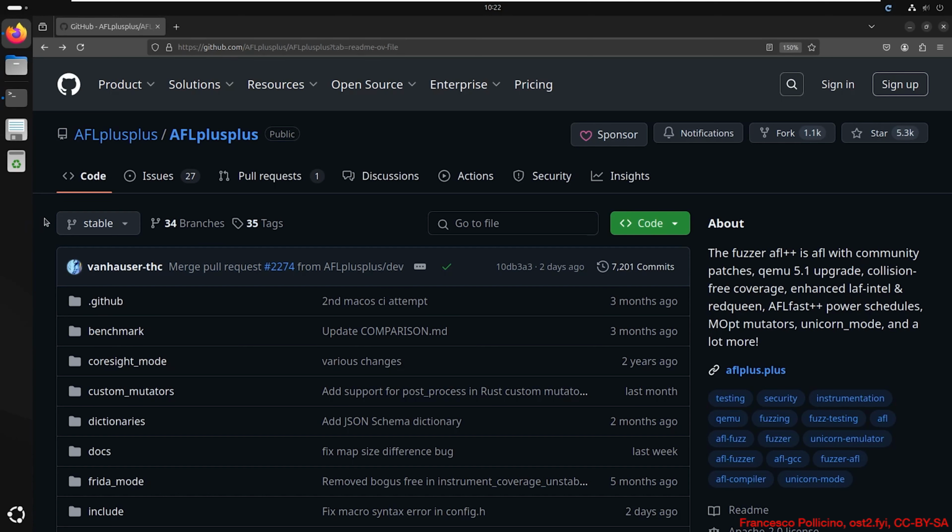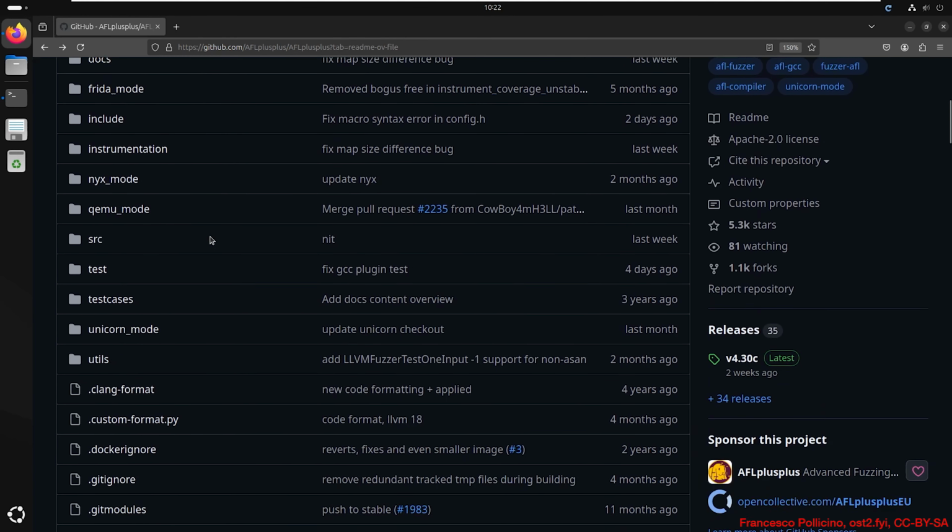In the first part of this course, we will go through some basic fuzzing exercises. You can find these exercises linked in the AFL GitHub repository. Let's start by going to the Getting Started section